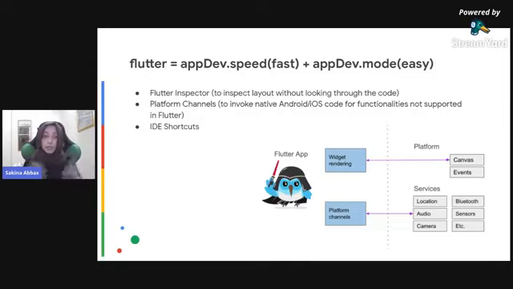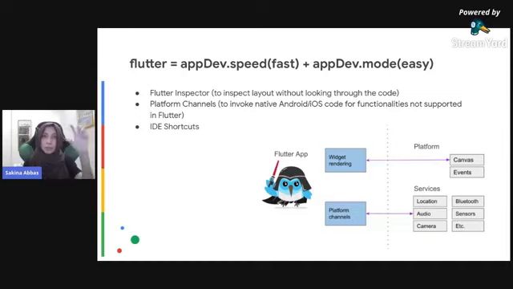Obviously Android and iOS have native support for everything on their own platforms, right? And Flutter being the cross-platform application development SDK, it doesn't have support for everything, at least not yet, right? So obviously you have to take care of some things natively. So what you can do here is that you don't have to learn Android from scratch, or learn iOS from scratch, for just the functionalities that are not officially supported in Flutter.